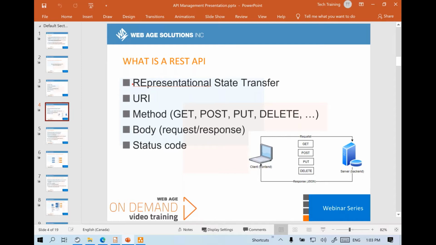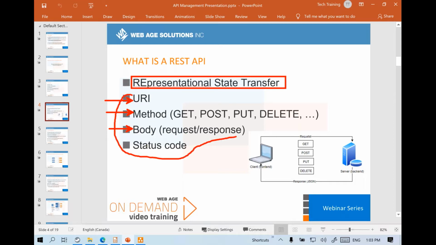It means that based on the combination of your URI, your method, like get, post, put, delete, and body, which can be your request body or the response body, along with HTTP headers and status codes, you represent the state of your overall request, and your response will be determined based on that.